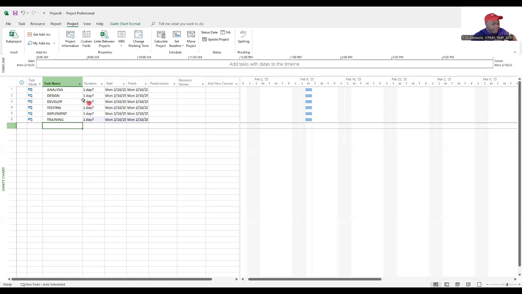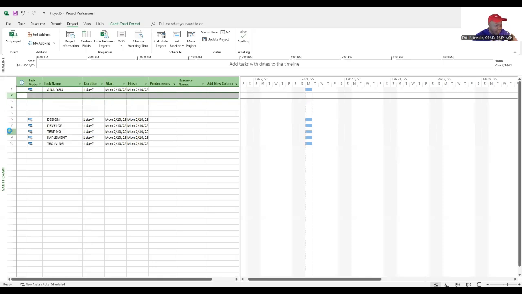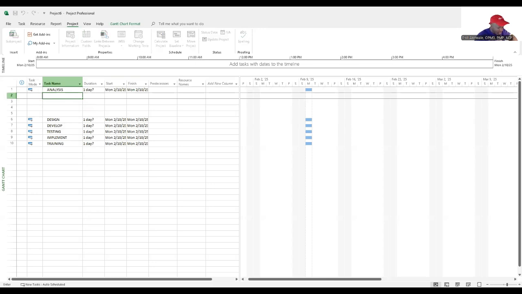Now that you've done that, you could do a couple of things. You could either click on number 2 and hit insert. And when you hit insert on your keyboard, it just inserts rows below. Okay? So for the sake of the illustration, I'll say team,